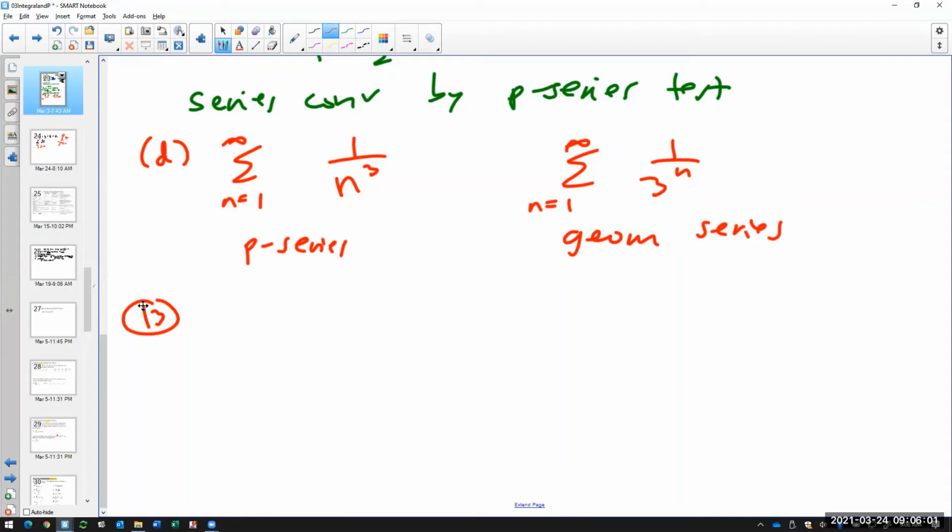Can I see 13 by any chance? Okay, so 13 on last night's homework. Oh yeah, this was,